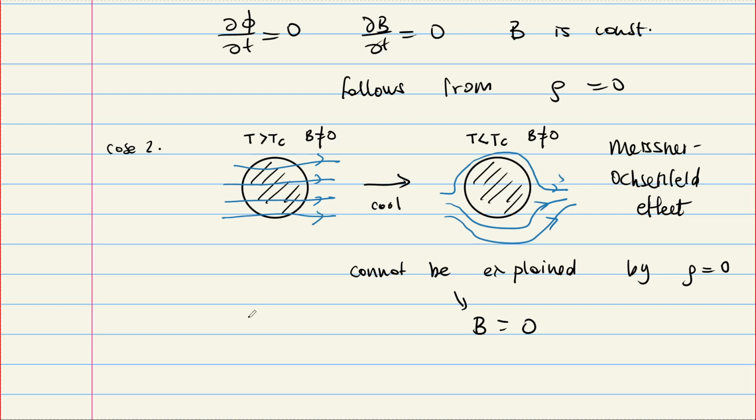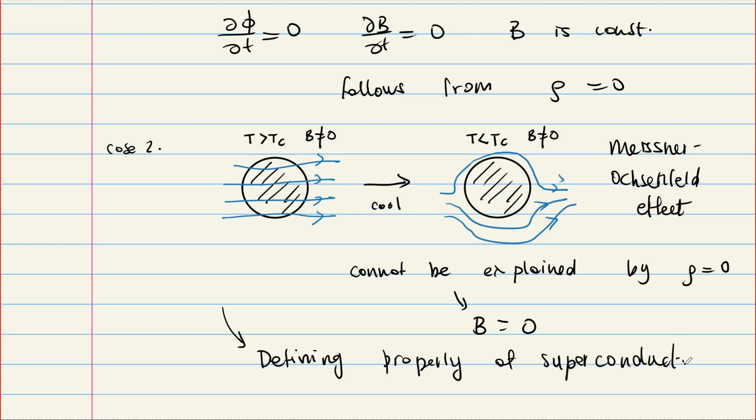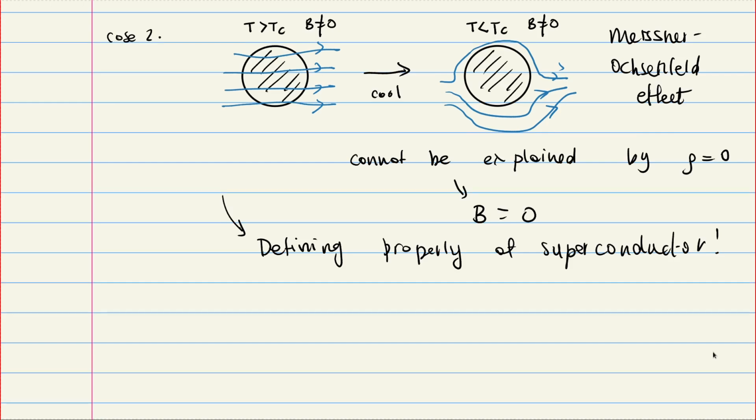And this happened to be a defining property, and we'll see why. Defining property of superconductors. And today, many experimental groups get in trouble because they claim a superconducting phase, but